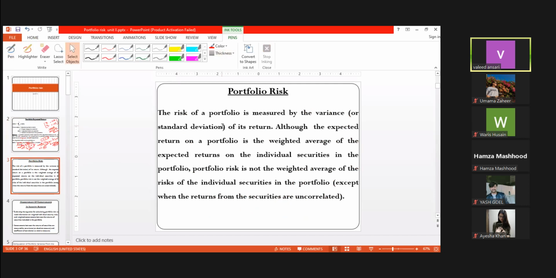So this is given here. The risk of a portfolio is measured by variance or standard deviation. I will use these terms interchangeably, variance and standard deviation, because this becomes SD. Although the expected return is the weighted average of the expected returns, which I explained to you, that is the amount invested multiplied by the return,